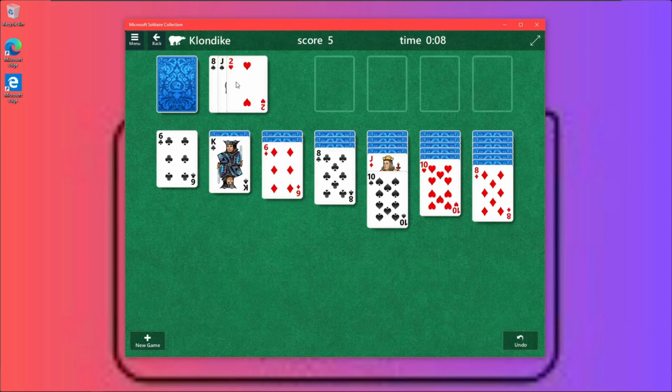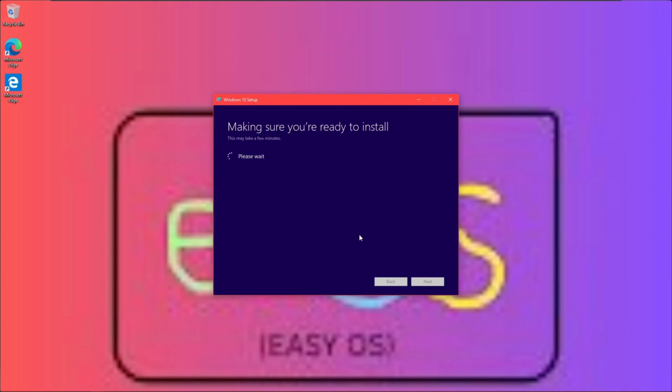And then we have 1903. 1903 is basically just March of 2019. And then 1909 is basically just September of 2019. And then 2004 is just April of 2020. And then